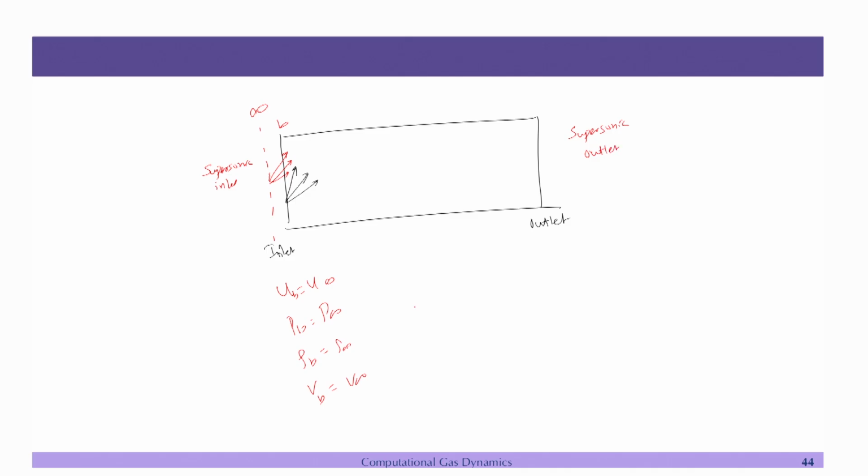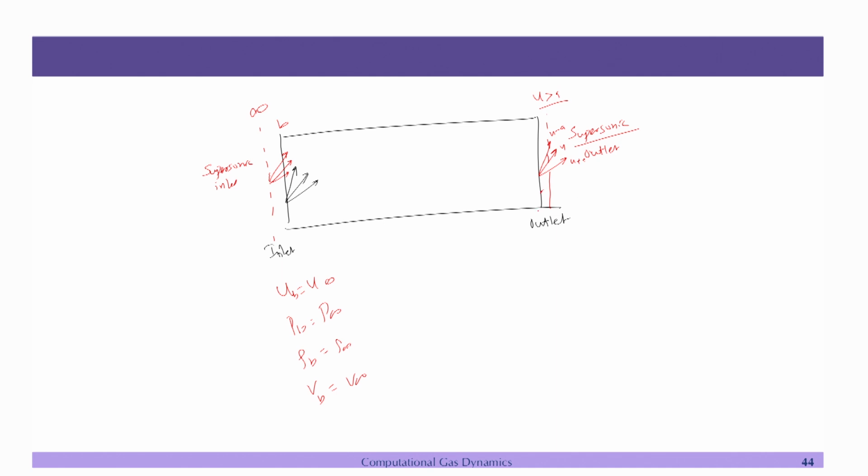What is happening now? Again, it is supersonic and everything is going out now. Okay, so you see these are the three which are all going out, all are positive: u minus a, u and u plus a, because u is greater than a, correct. So, in this case it is a supersonic outlet. So, you can see that you do not need any boundary condition here, everything is going out from the interior